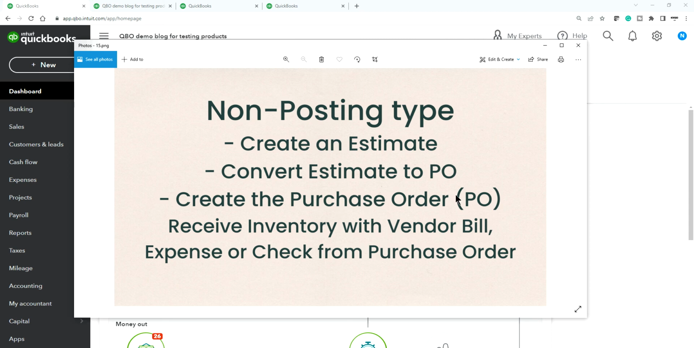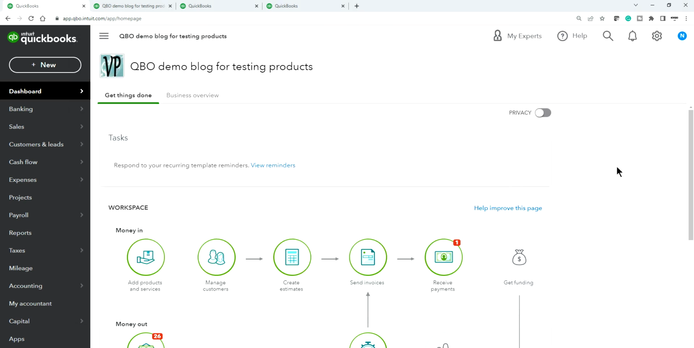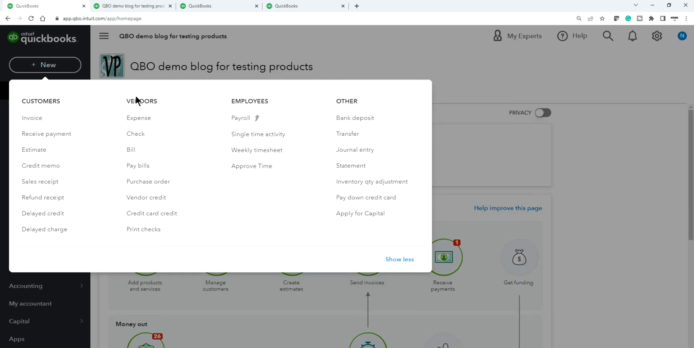order, new items, and then you can receive that inventory with a vendor bill or expense or check from the purchase order. Okay, so if you are familiar with how to create your purchase order, you just go in here. It's still part of vendors. So purchase order is right here, and then estimate is right here. So you can create an estimate for your customers,